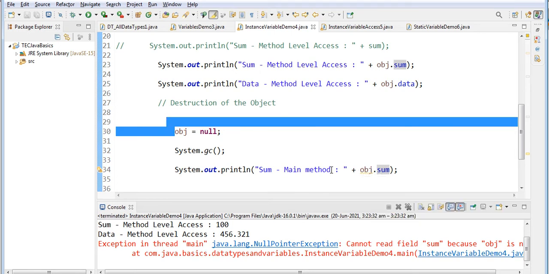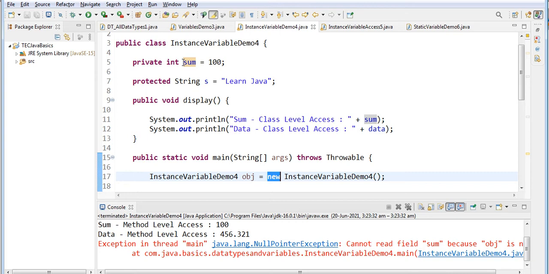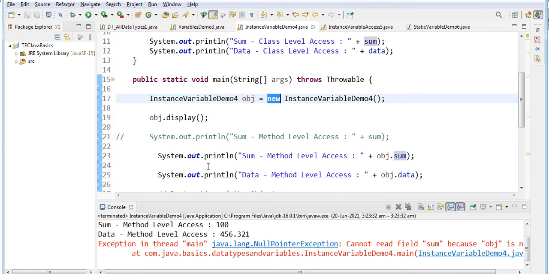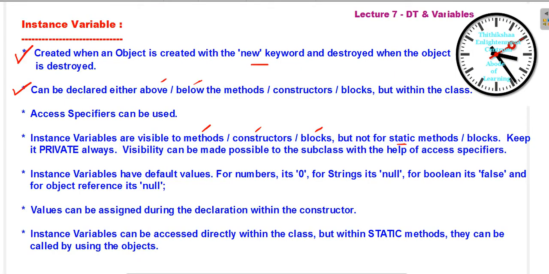So when the object is created with the help of the new keyword, the instance variable is created, but when the object is destroyed, the instance variables also get destroyed. That is the main point here.